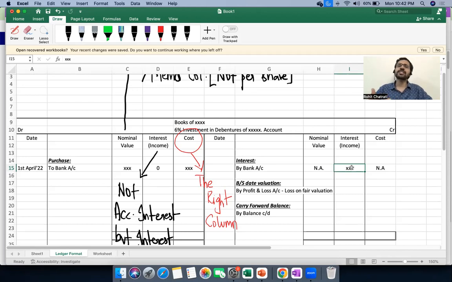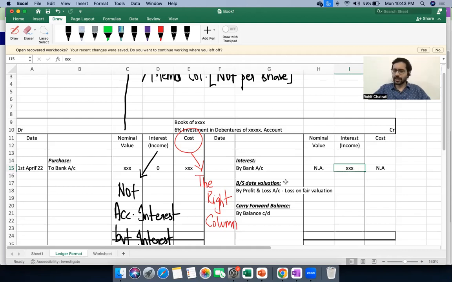Now remember, interest can either be paid on a semi-annual basis or on an annual basis. It's not necessary that interest will always be annual in nature. If it is semi-annual, then this journal entry that you have recognized over here needs to be posted twice in a year. Once say on 30th of September, another on 31st of March, assuming that they're paying semi-annually. So it should be calculated accordingly. You will have to multiply by 1/2 while calculating the interest income, and then you will recognize it twice